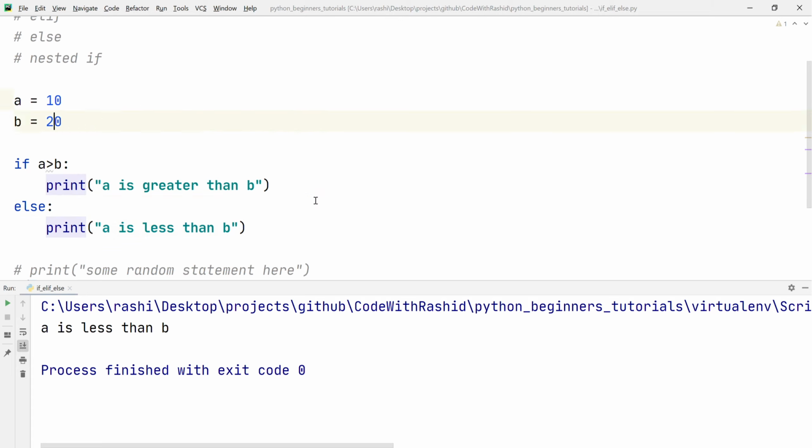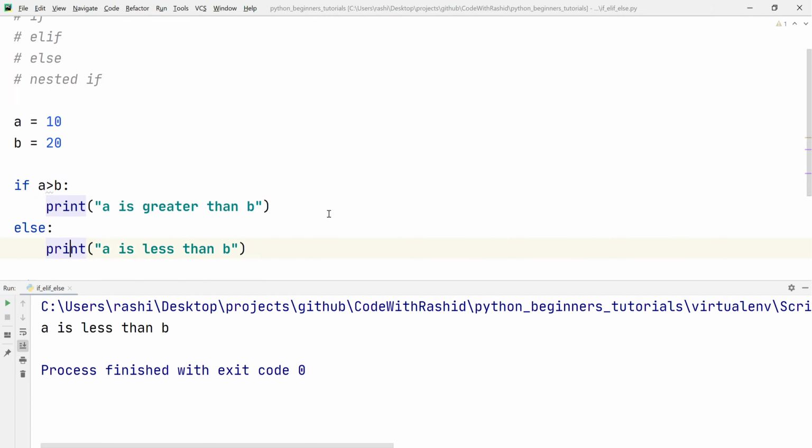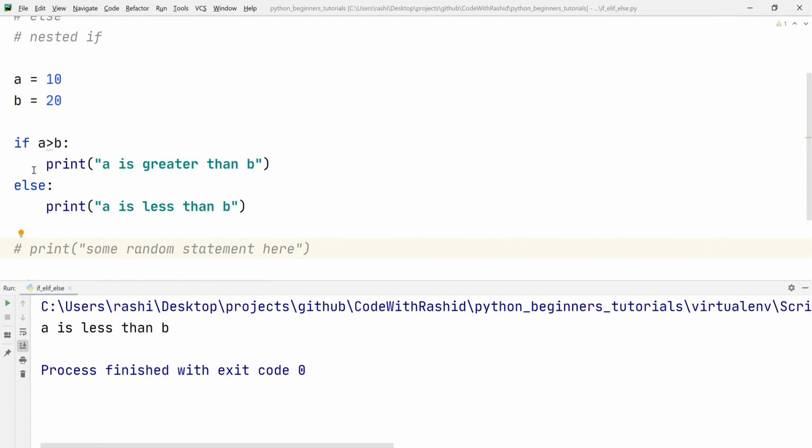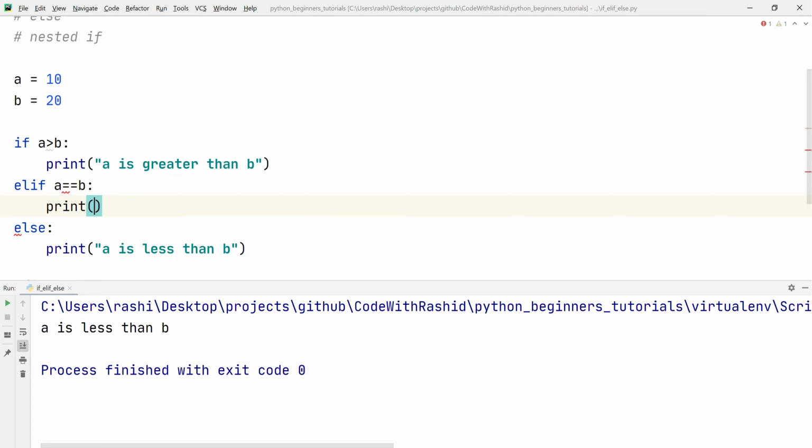So now let's move on to the elif. Elif is another conditional statement. Let's say first of all we'll check if a is greater than b. If a is not greater than b, then we want to check one more condition, that is if a is equal to b. So we shall write elif a is equal to b, then simply print a is equal to b.